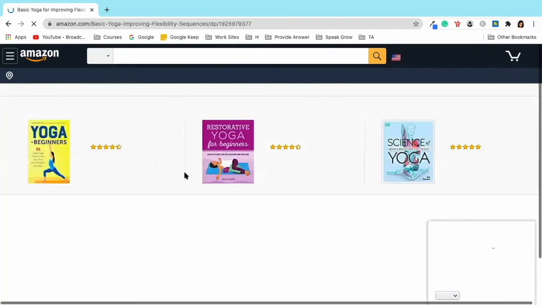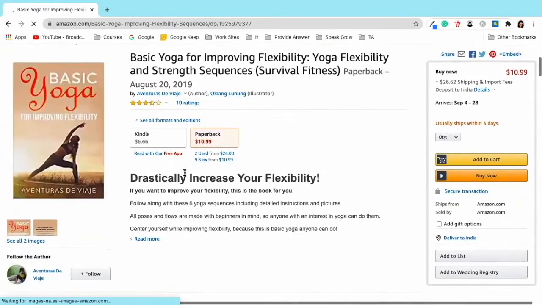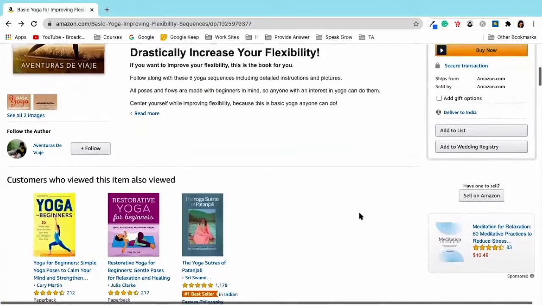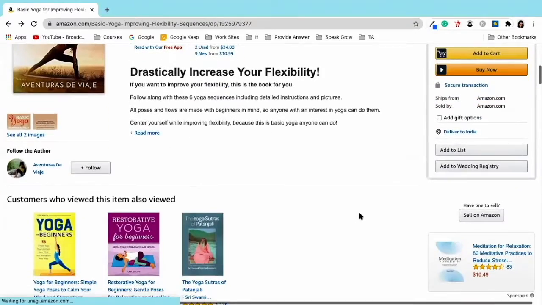Let me give you an example. Say you are offering a class, a yoga class on flexibility. Now, flexibility is the value that you are providing. Now, when you go online, you would search flexibility yoga postures, and you would see which are the other products, other creators who are actually offering this value, this flexibility yoga postures as a product.